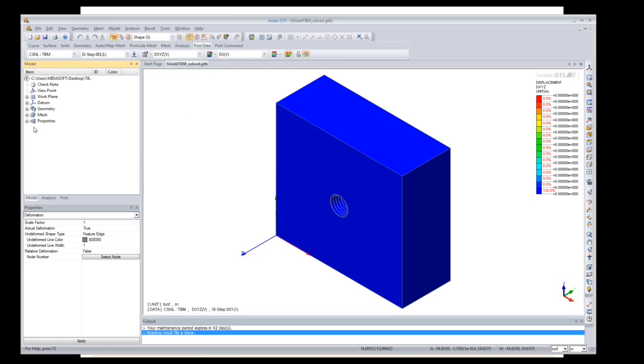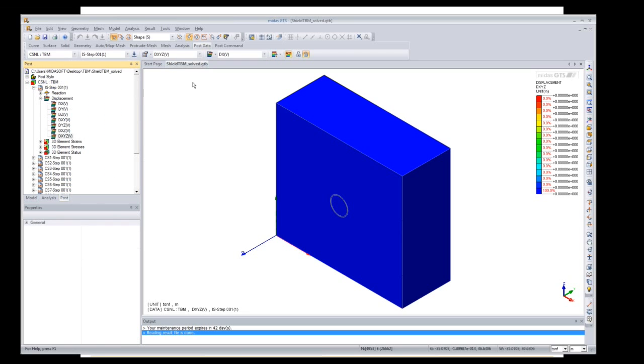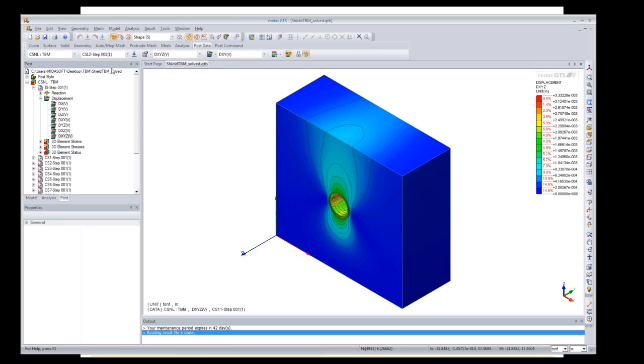And let me activate all the mesh sets here. So the mesh sets are activated, and now I can just change the construction stage step from here, and you can see the deformations. And you can see the deformation for the vertical direction only. So as and when the construction proceeds, you can see the deformations